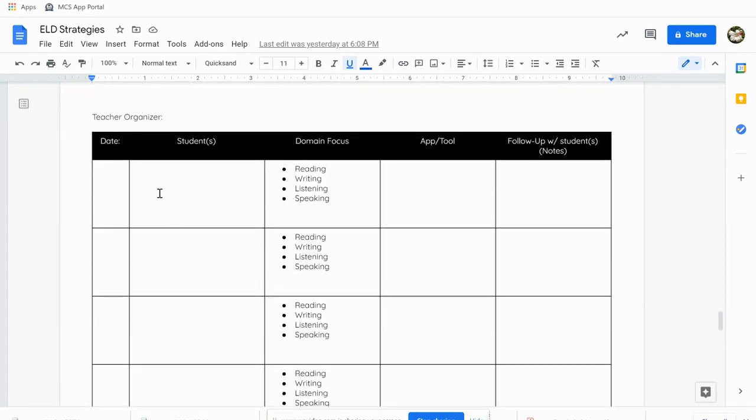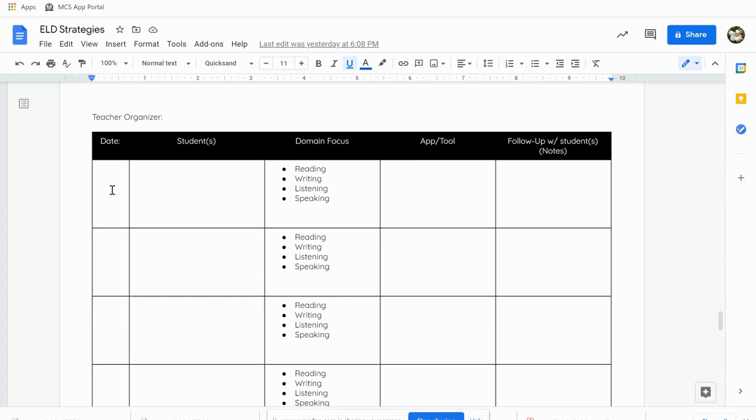Okay. And then on this last portion, this is your organizer. This is your organizer to say, on this date for this student, we focused on reading, we use this tool, and this is how they were either successful or they need some more support. Okay, this gives you a running record, and you could possibly just do a one sheet per student. That would be my preference, actually, instead of having random names on one. I have loads of binders for each child. That way, when it's time for parent conferences and such, I can pull this out.